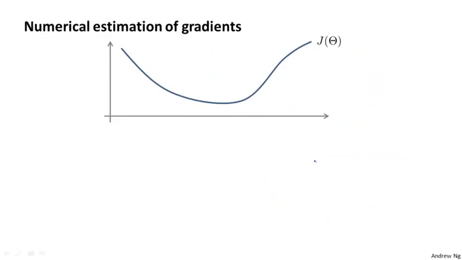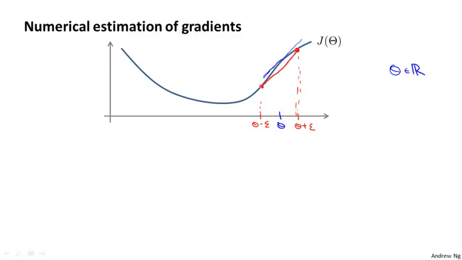So here's the idea. Consider the following example. Suppose I have a function J of theta, and I have some value theta, and for this example, I'm going to assume that theta is just a real number. And let's say I want to estimate the derivative of this function at this point. And so the derivative is equal to the slope of that tangent line. Here's a procedure for numerically approximating the derivative. I'm going to compute theta plus epsilon, so a value a little bit to the right, and I'm going to compute theta minus epsilon, and I'm going to look at those 2 points